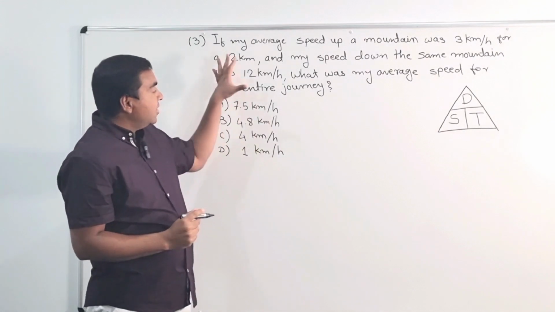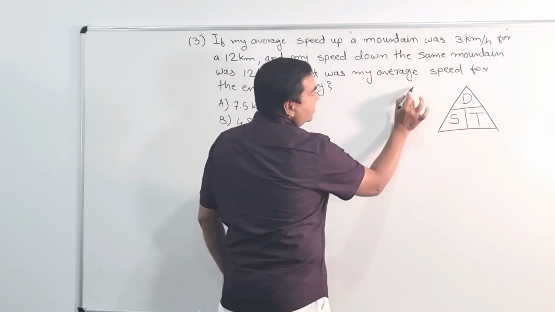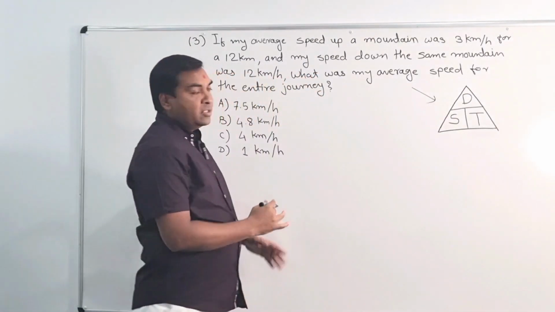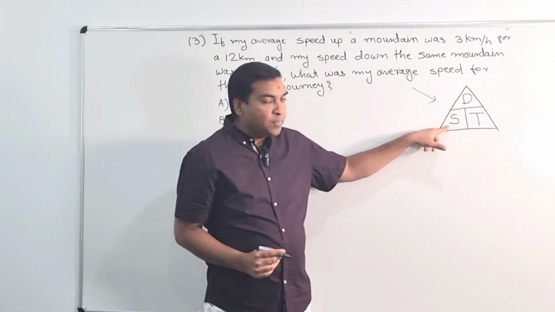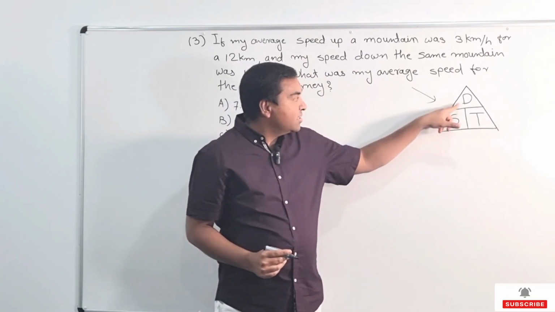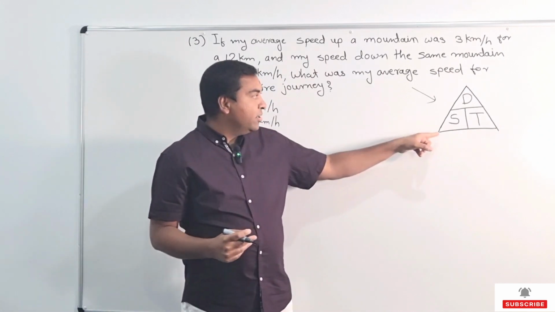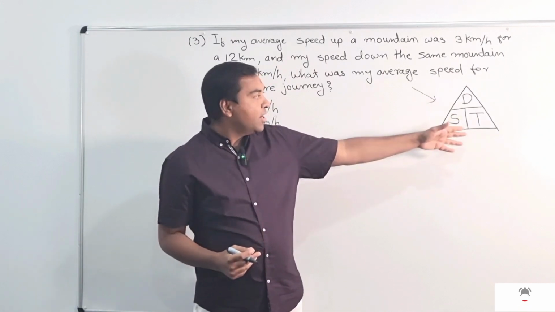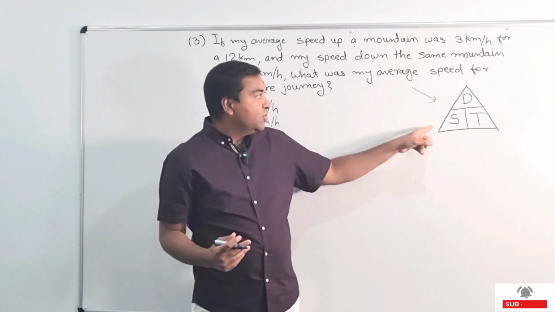But before we get into the question, I would like you guys to focus on this triangle, because this triangle has got 3 elements in that. S for speed, D for distance, and T for time. If you find out speed or distance or time, and if you make the formula, once you know this triangle,